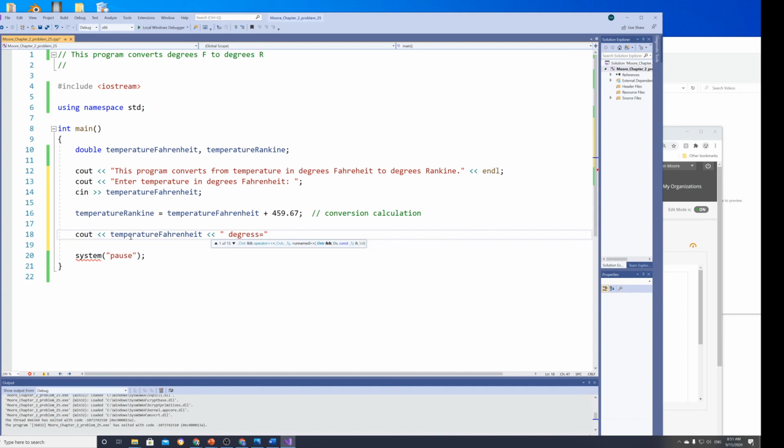So this is my variable, so what's going to happen, it will substitute the number in that I entered in here. It will show up right here when it just gets displayed. F equals, and then this, I'll put this as my Rankine, temperature Rankine. And like this, and then it will be degrees F. First R. Okay, and then I'm just going to put in this end line. Okay,